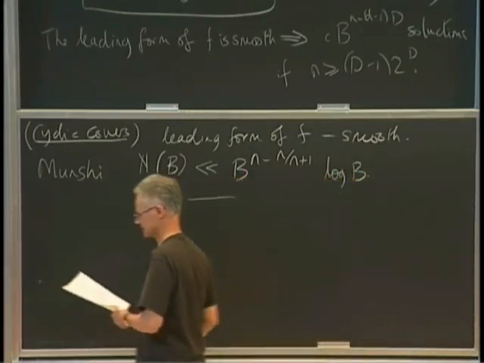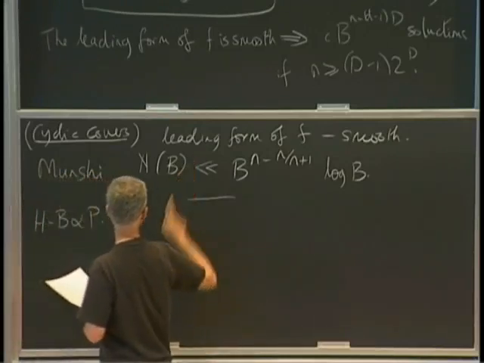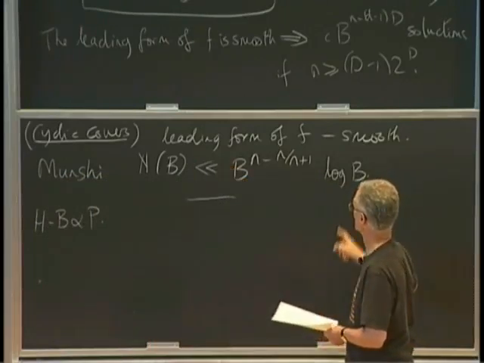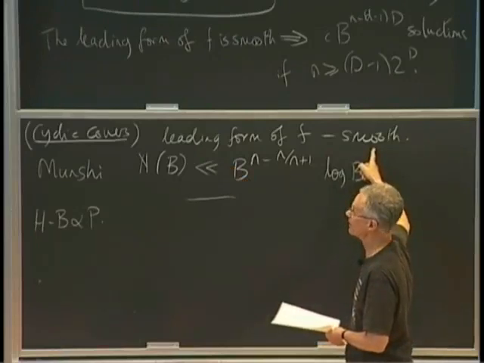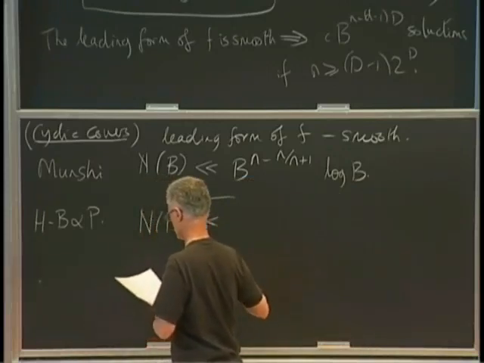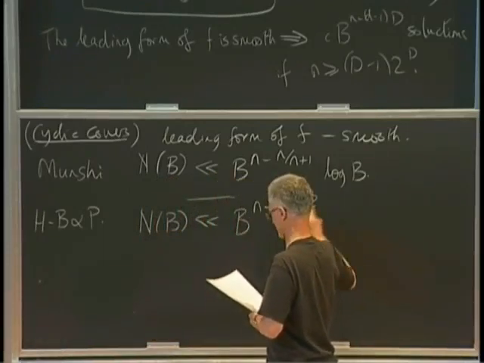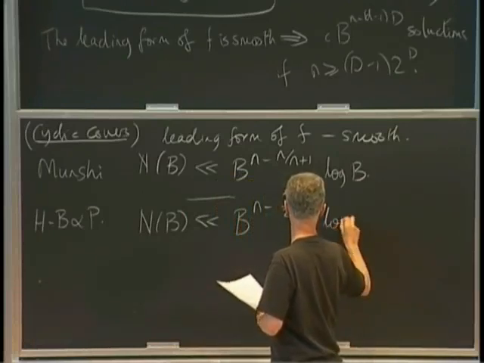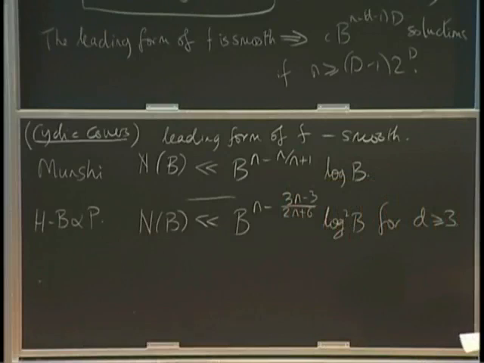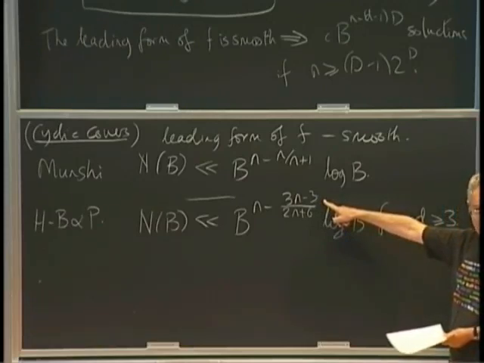And so finally, the result that justifies my being up here: under these same conditions, where you're talking about powers represented by polynomials, and you insist that the leading form of f is smooth, we show that the counting function is of order at most, well, a slightly unpleasant exponent, but you can see, I hope, that for large n, this is roughly n minus 3/2, better than Sayre was